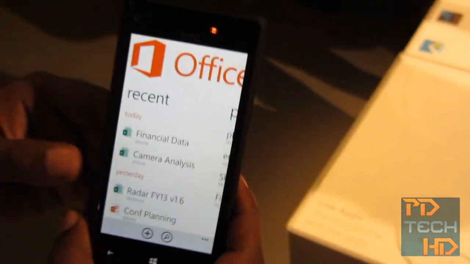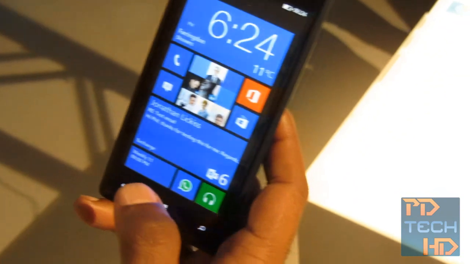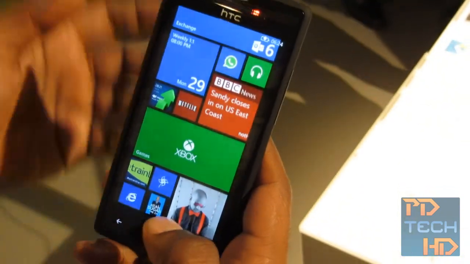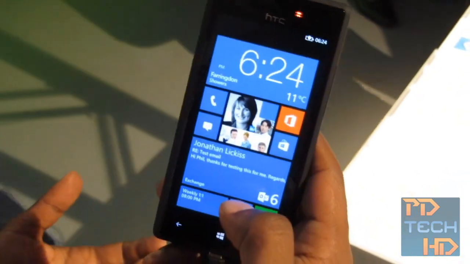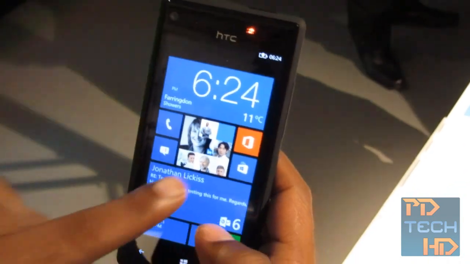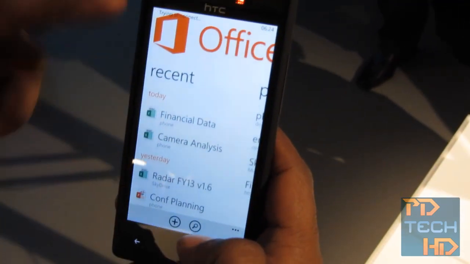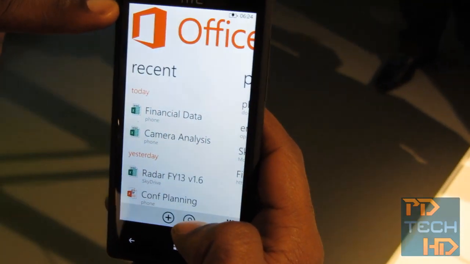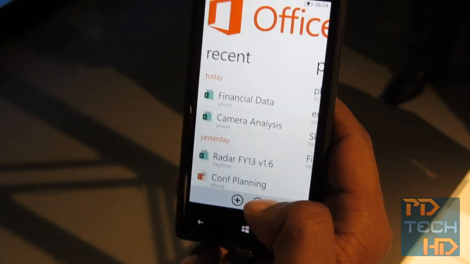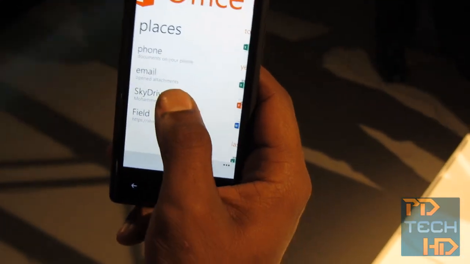The great thing about Windows Phone 8 is we always use cloud services now. We've got SkyDrive on here, which you get for free. You get 7 gigs worth of free as standard. Just to show you how some of the integration works within SkyDrive, if I was to start my Office app, across the top there you'll see everything that I've got recent. Across the top it shows it's trying to connect, which means it's now connecting straight online onto my SkyDrive, and I can pull up anything I want. So if I hit SkyDrive across there,